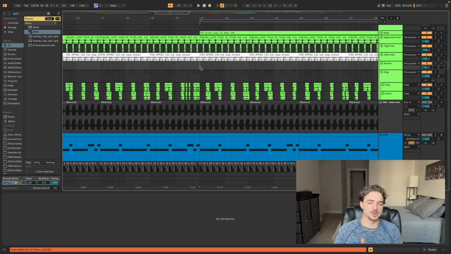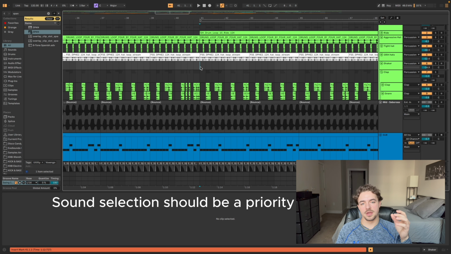You should be using a reference track anyways for most of the time. But get a reference track that's the same genre and kind of the same vibe that you're going for, and sit there, and even if you want to get a stem separator and separate out their percussion, and just think about why they chose each sound for that. Because sound selection for your percussion, for everything throughout your track, is really going to be, I feel like, a lot more important than just stacking stuff.